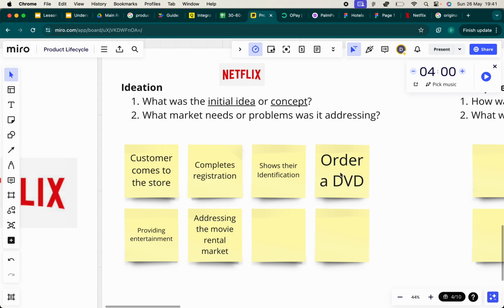But what problem was it trying to address? It was trying to address the problem of those people that couldn't watch movies in cinemas, providing them a way to rent a DVD and watch the movie at home.